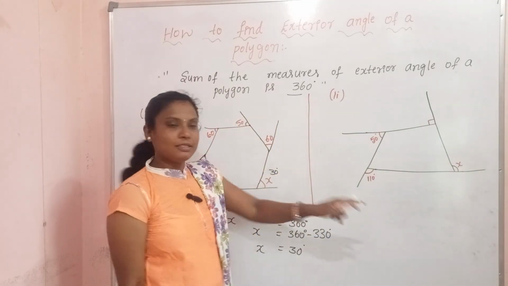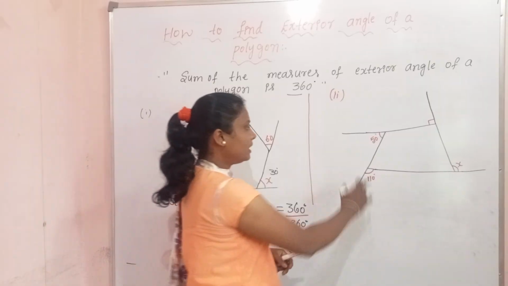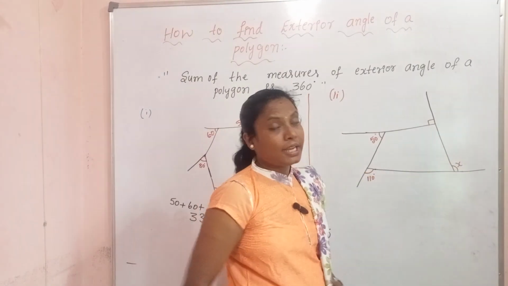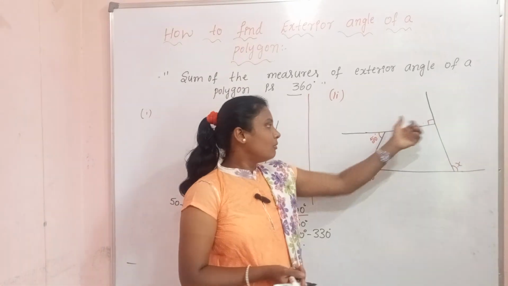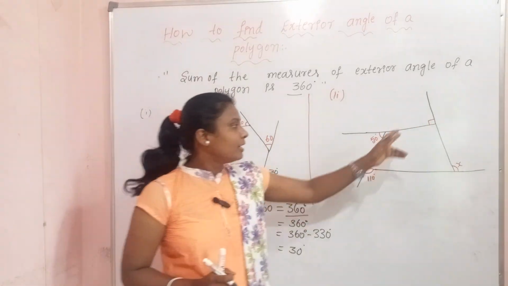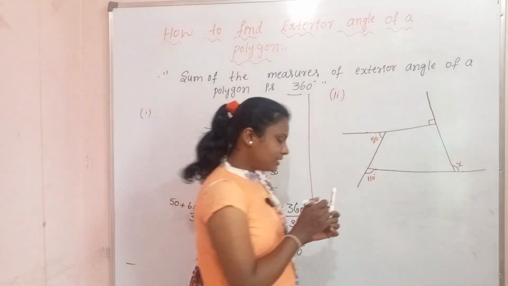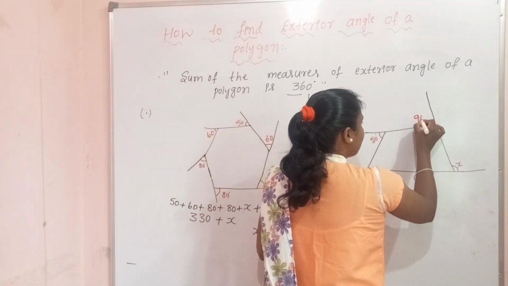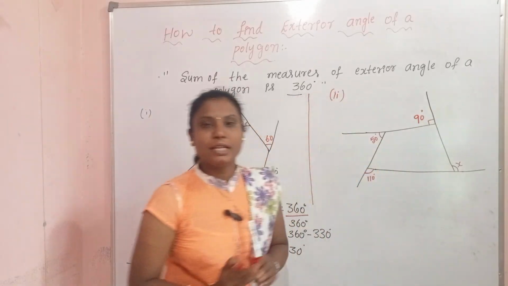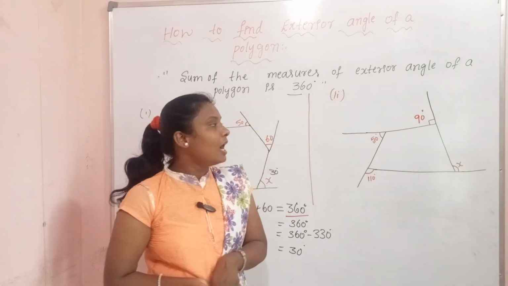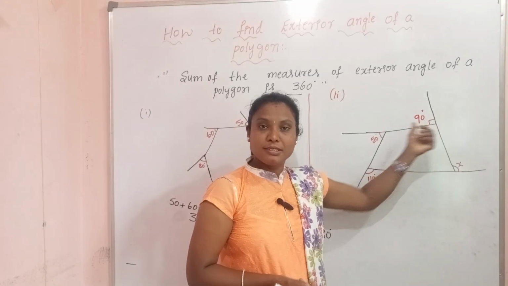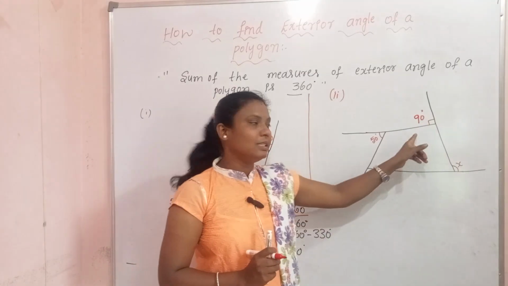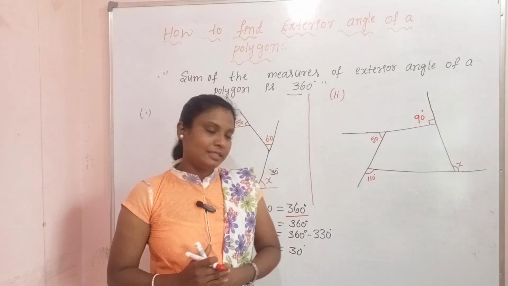Now it comes to this shape. Here it is 50, and they have given 110 degrees. This is the x value we need to find. Then what about this one? They have not given any numbers, but they have given a symbol that shows 90 degrees. Sometimes they give 90 degrees as 90 degrees, or else they give this symbol. At that time we have to understand that it is a 90 degree symbol.